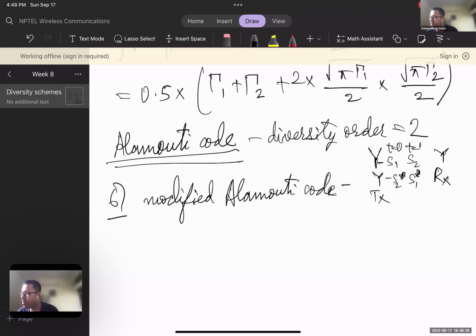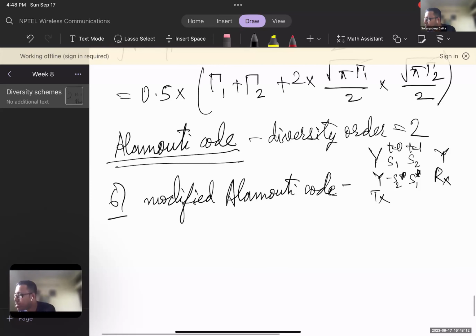Let's say t equal to 1. So in two consecutive time slots, this is tx1, this is tx2. First time slot you are sending S1 and minus S2 star. And in second time slot you are sending S2 and S1 star. Right? So S1 and minus S2 star, S2, S1 star, and